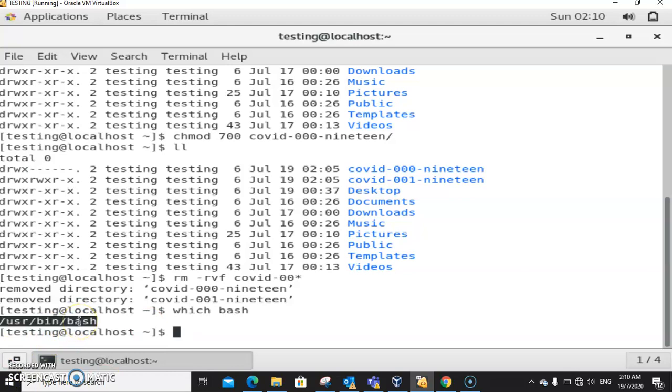So we copy this path and we need to put it inside the script, because we want to tell that file, hey file, you are my script and you are my bash script. Okay,